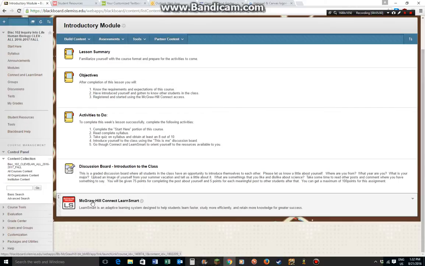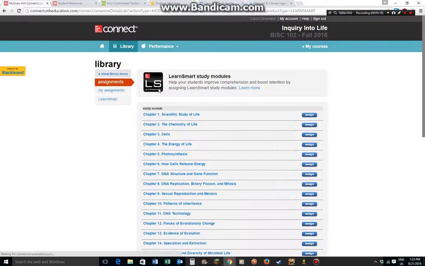If you can't purchase it right now, it can give you a complimentary 2-week free access. After 2 weeks, you'll either have to have the access from the bookstore, or you'll have to purchase access. Once you have registered, you've put in your access code, you've bought your access, then what you're going to do is